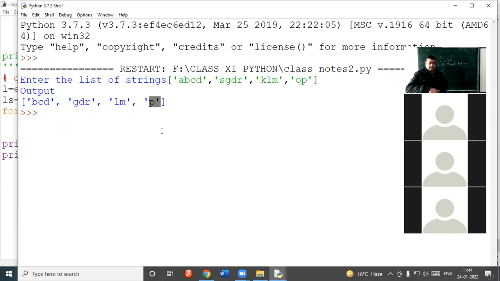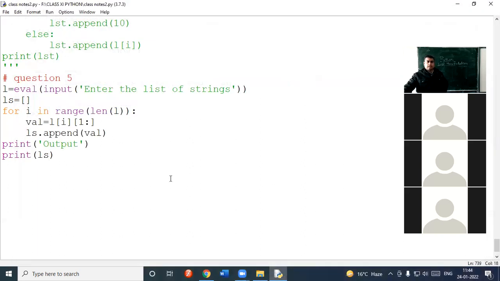So like this, very simple what we have done. The main concept in this program is to take the slice. I have already discussed that inside the word, if you want to go, you have to write two times brackets. You will go inside the list. If the list is nested, you can go inside it. You can see here,